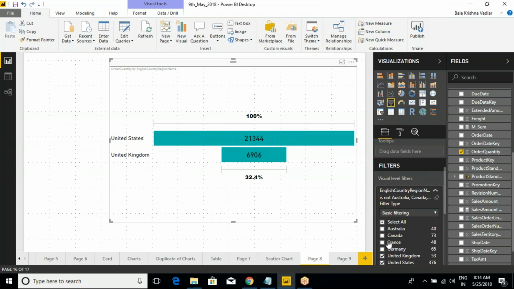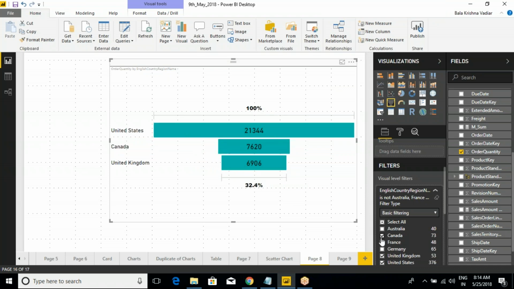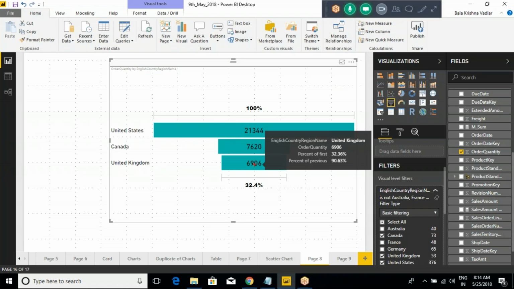Now let me add one more value. You will understand. Let's say Canada. Now try to understand. When I keep the cursor here, you will understand. For the UK, this is the order quantity. When you compare the UK value with the Canada value, which is the previous one,